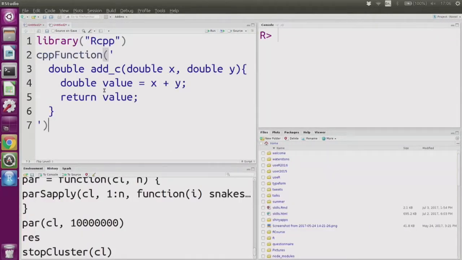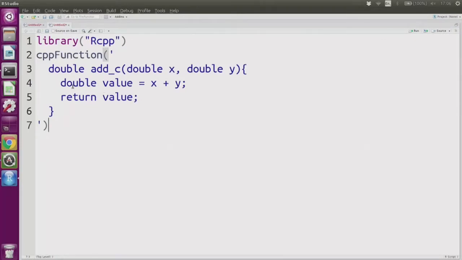Right? So notice that lines 3 to 6 were just that add C function that we had. It's the same function that you're looking at and seeing differences. We've got the two arguments, x and y. We've got the value that it's going to be returned, x plus y, and then we've got the return. And if we run this bit of code,